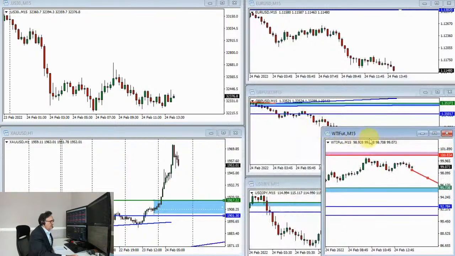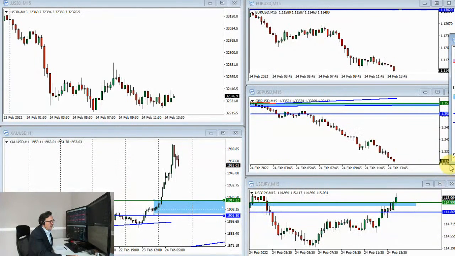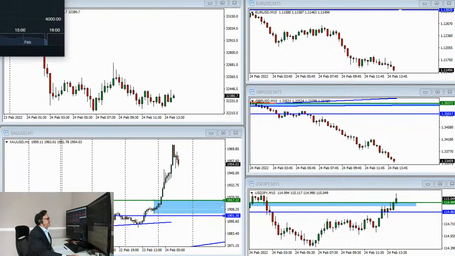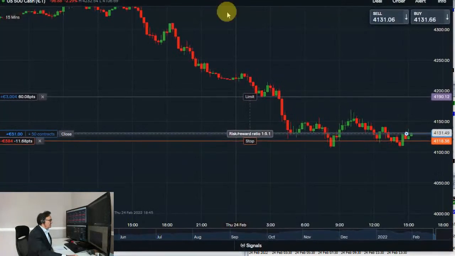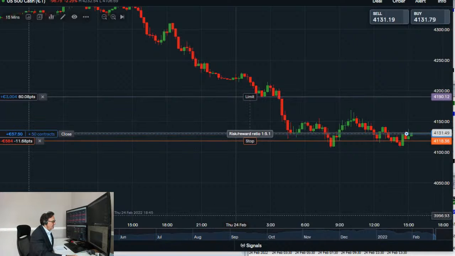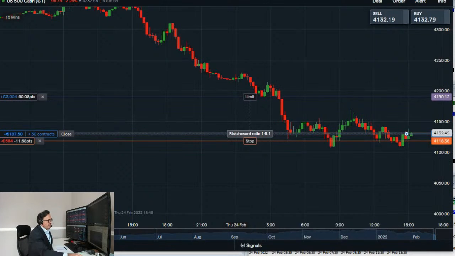Let me just cover a currency or two, and then we can stop for today. So where am I now? I'll show you my S&P trade. It's still fluctuating between winning and losing, small gains, small losses. They're unrealized. This is an open trade, so they're not profits or losses. They're basically just a running P&L. But that's where I am.